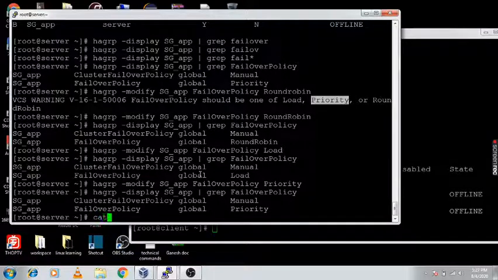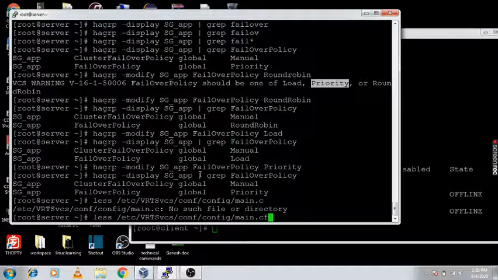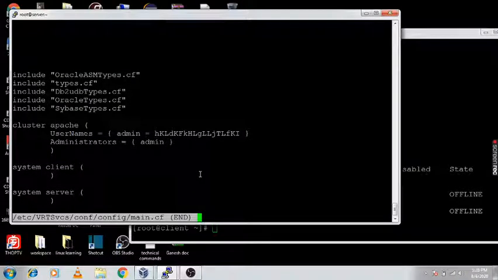You can check the configuration file, that is the main.cf file. Now you can check here in this main.cf file, this service group is still not reflected.